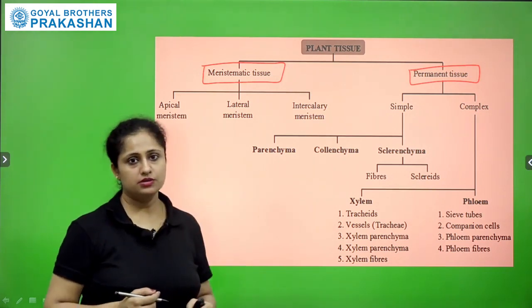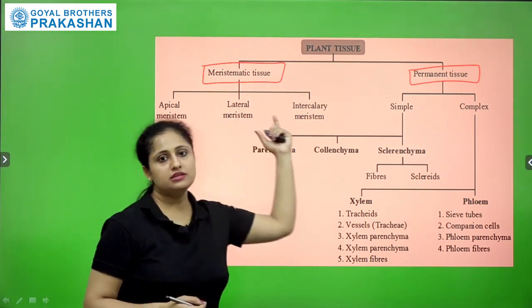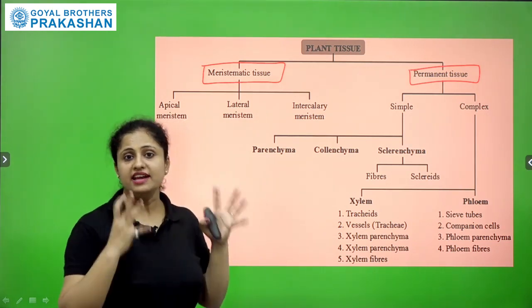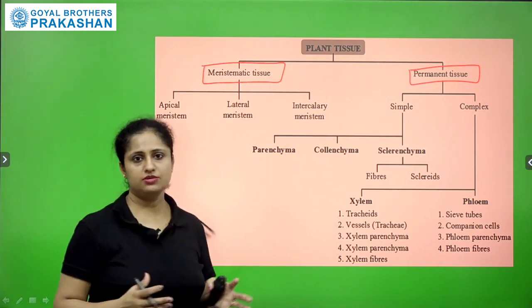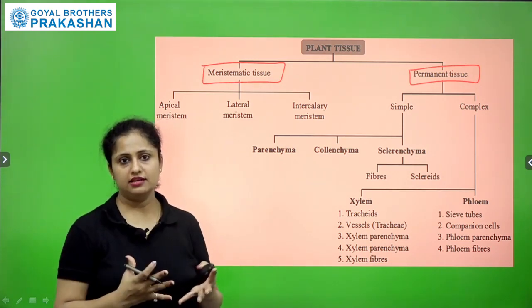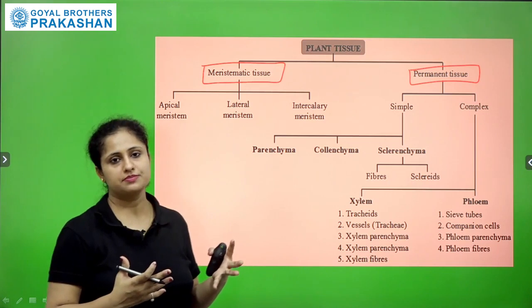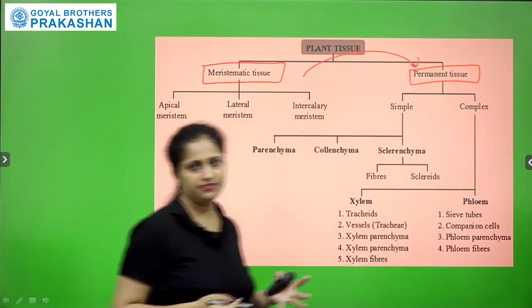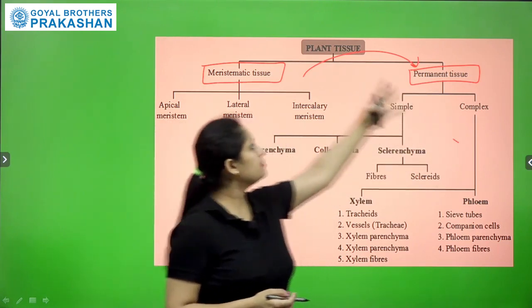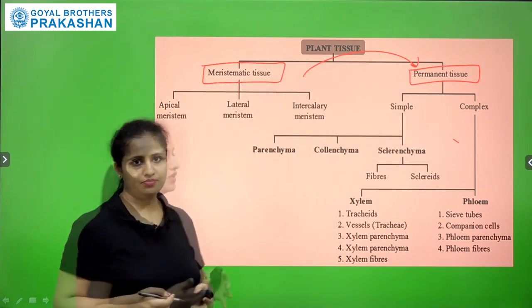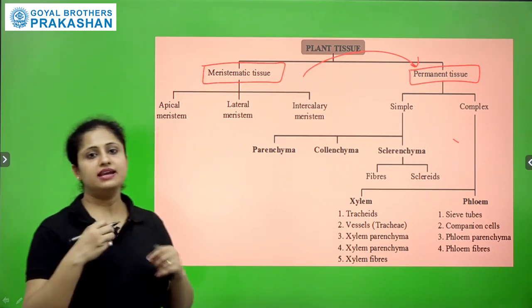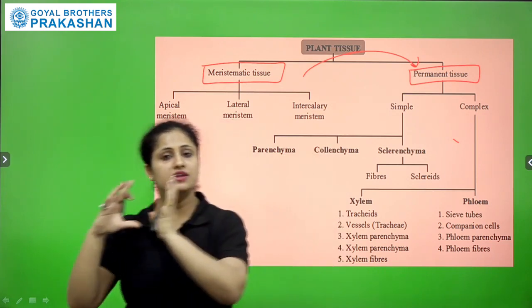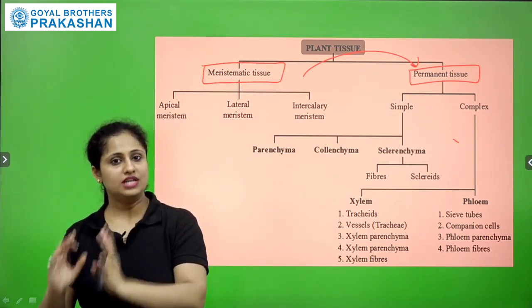In permanent tissues, once the actively dividing cells in the meristematic tissues are formed completely, they are well differentiated ones. They convert themselves into the permanent tissues. It means permanent tissues are made up of meristematic tissues. When actively dividing cells form the differentiated structures or tissues, those are